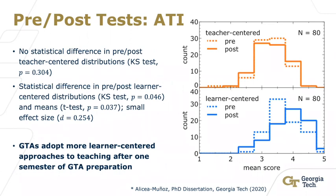And the teacher-centered approaches are basically identical in the pre and in the post. There is no change in teacher-centered approaches. However, there is a change in learner-centered approaches. The distribution goes to the right in the post-test, and comparing the distributions with a Kolmogorov-Smirnov test, it is a